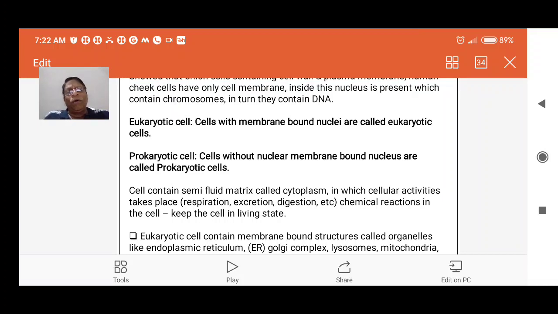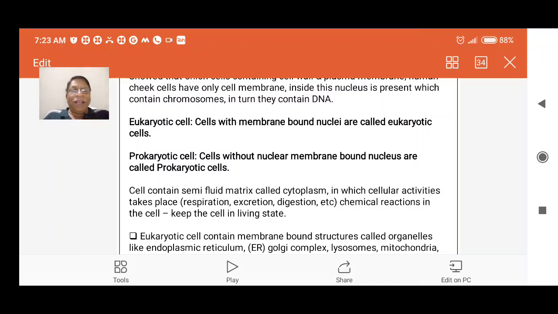Based on this, the whole organism or the living world is classified into two types, prokaryotes and eukaryotes. This is possible only after the discovery of electron microscope. Before the invention of electron microscope, this classification was not found. Now,